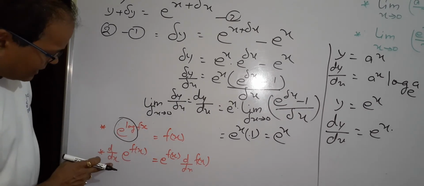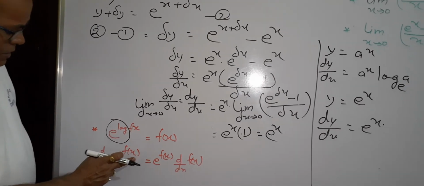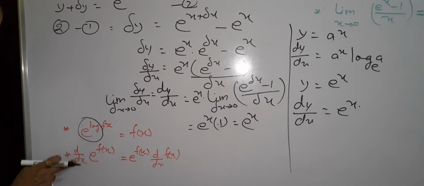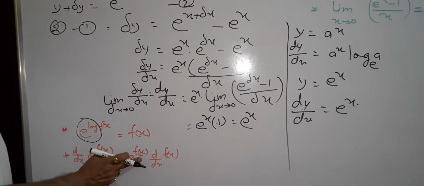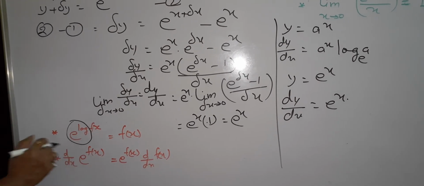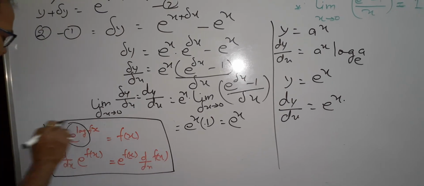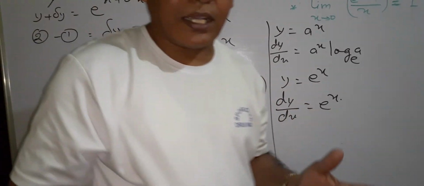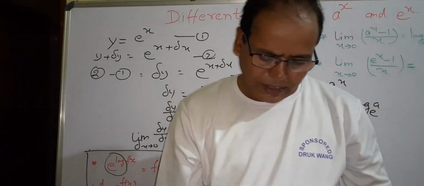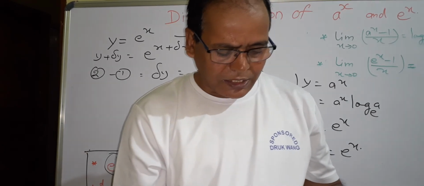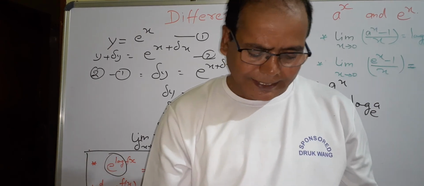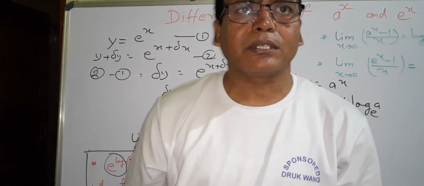8d. So here d by dx of e to the power fx. We know the derivative of e to the power x is e to the power x only. So the derivative of e to the power fx is equal to e to the power fx, and again the differentiation of fx. These two you must memorize well, which will help you while solving exercises. So now practice the next exercise on the basis of exponentials e to the power x and a to the power x, exercise 5e. So 5e you have to practice.